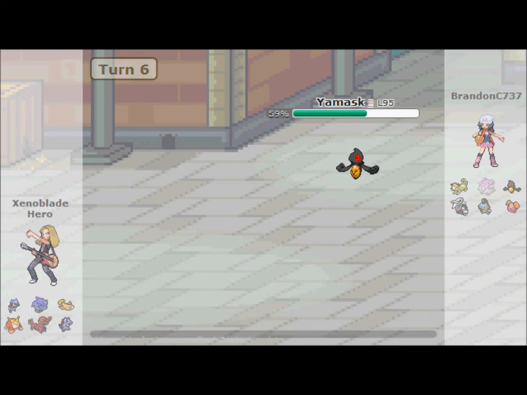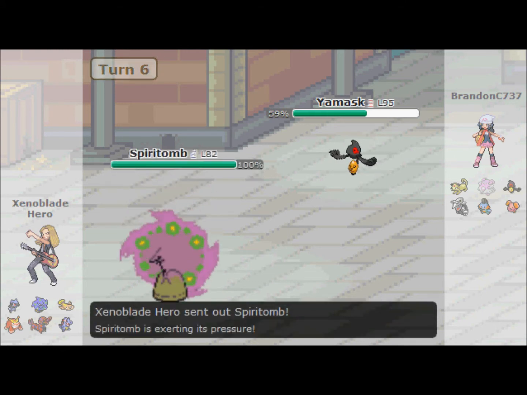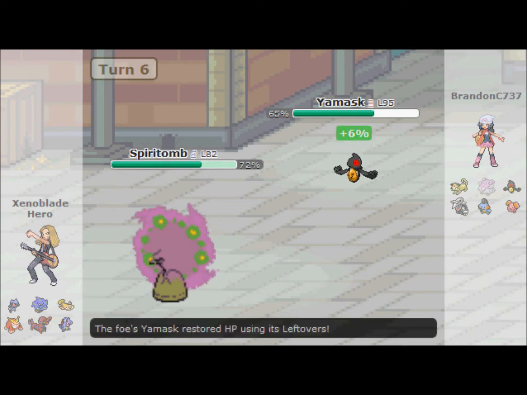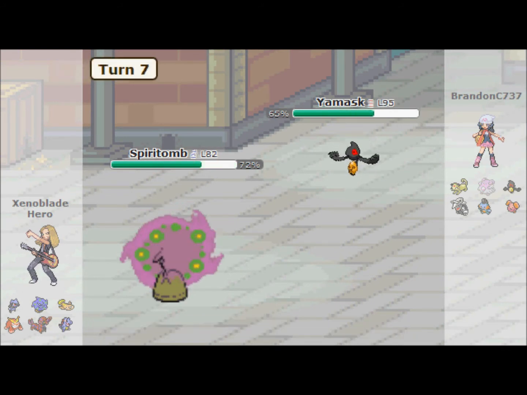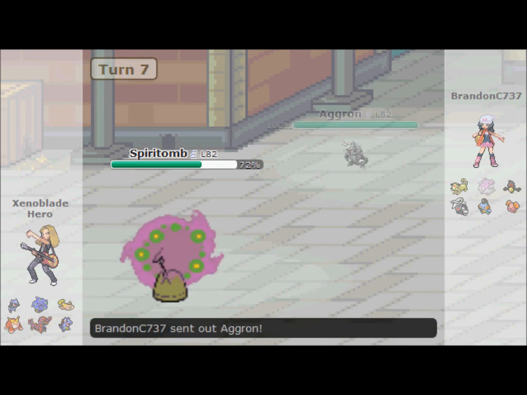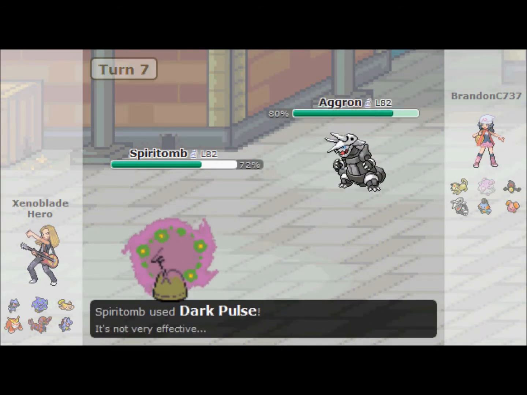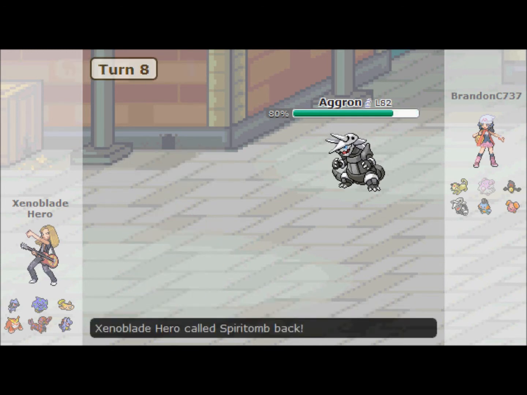And my Riolu here, it's one of those gimmicky sets. You're supposed to lay down a layer of Stealth Rocks and then deploy it. But I didn't really get a chance to use that because none of my Pokemon had any Stealth Rocks or Rapid Spin. Anyhow now, Spirit Tomb, I was probably going to take out that Yamask, but he switched cleverly enough to Aggron,